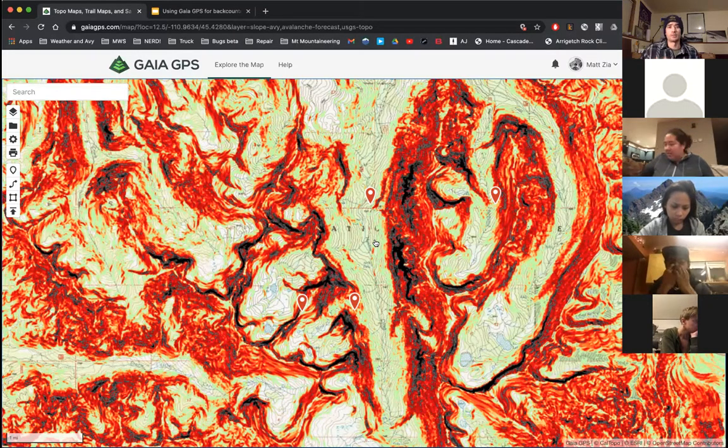I use it all the time when I'm guiding. For route planning, for navigation, for tracking my pace. I think, as much as I like putting technology away when I go out into the mountains, I think that there is a time and place for appropriate use of technology. Stop sharing my screen. And I think that using Gaia to help with navigation is one of the best uses of technology,